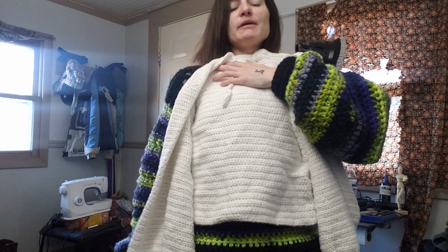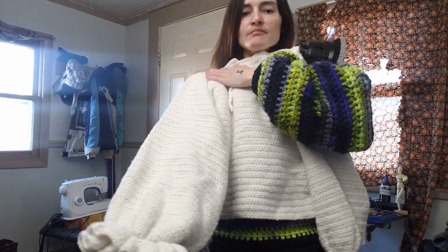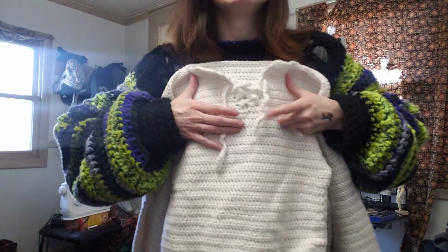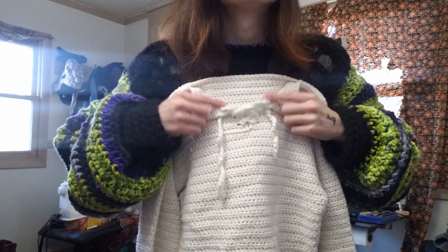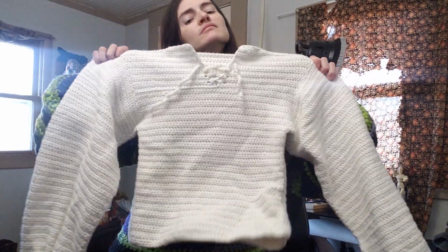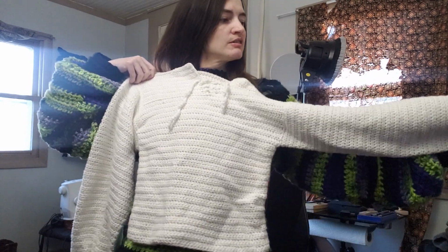And I made it a little poofy sleeved pirate shirt. No collar on it, but I did put these little stringies because I couldn't find a pattern for something like this. I couldn't find a good pattern for a pirate shirt, and I wanted a kind of pirate shirt slash just a,